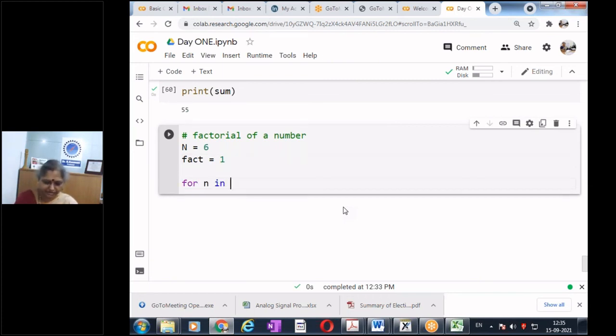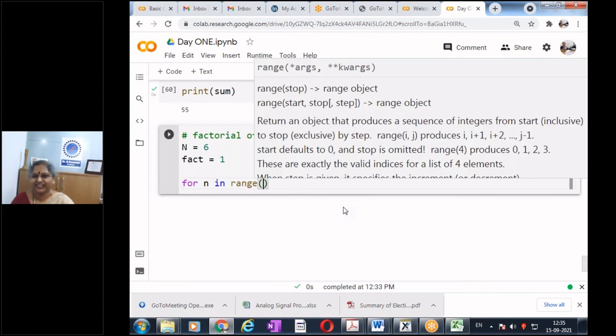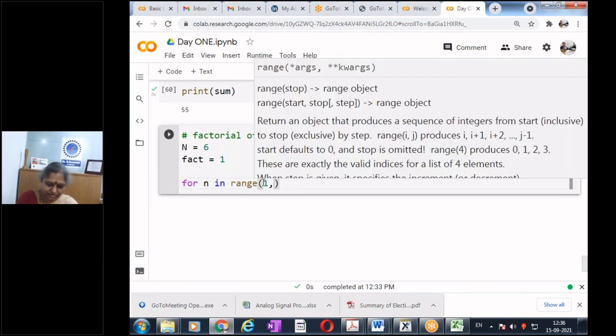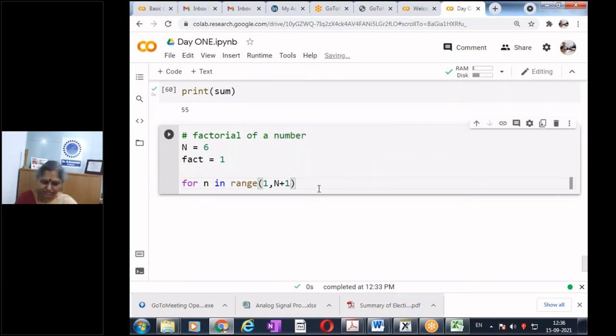For n in range. Now you want my loop to go from 0. If it goes from 0, what will happen? My end result will become 0. So I want my loop to go from 1 up to n plus 1 in steps of 1.